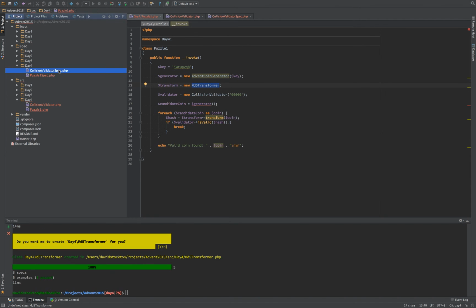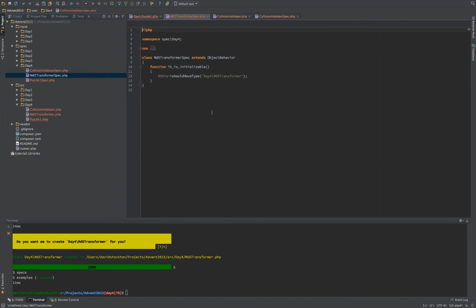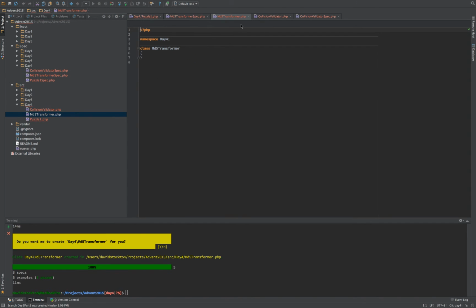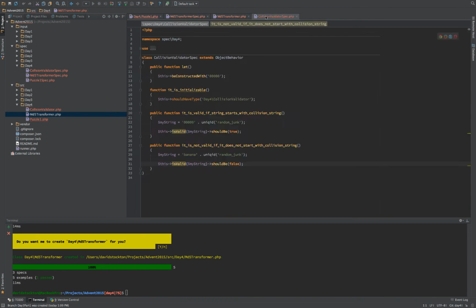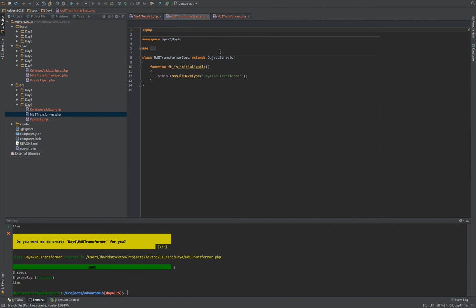All right. So now we have a spec, and we have a transformer class. Let's get rid of the collision validator. We're done with that for now. So our spec is going to tell us what it should do. Pretty simple one. We'll say it should hash Joey